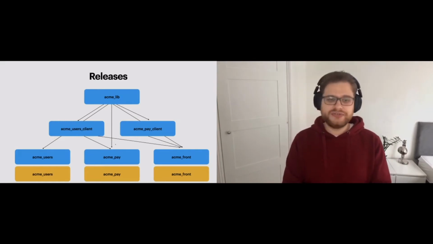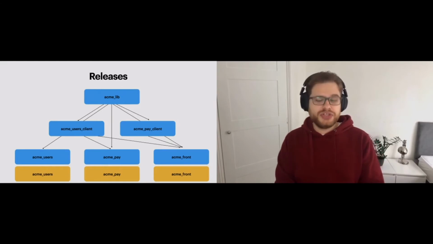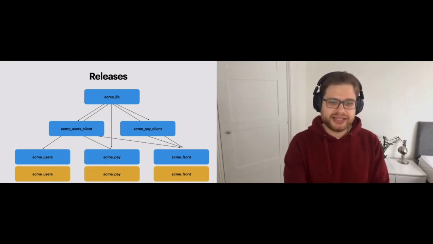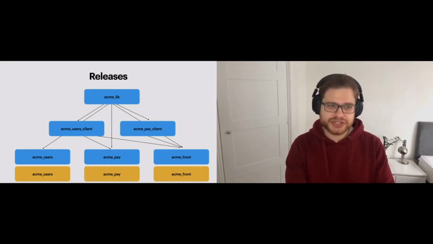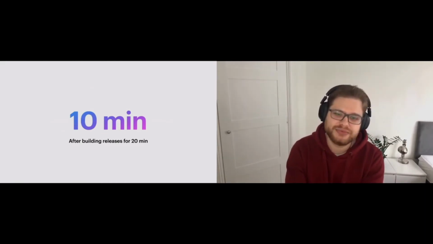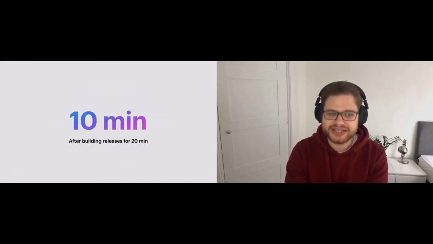And fortunately for us, Xref can do this, but what we need to do first is to actually build the releases. And this might be simple if you have 3 releases and 6 applications, but this becomes problematic if we have a large code base with thousands of modules, hundreds of applications, and several dozen releases, where assembling the releases themselves takes 20 minutes, and running the Xref analysis on that takes another 10.